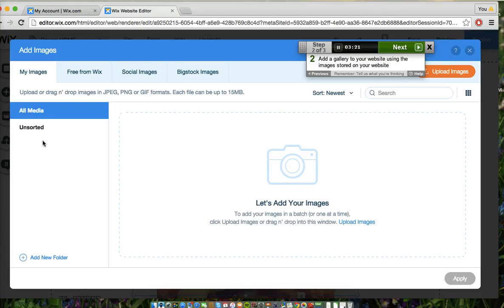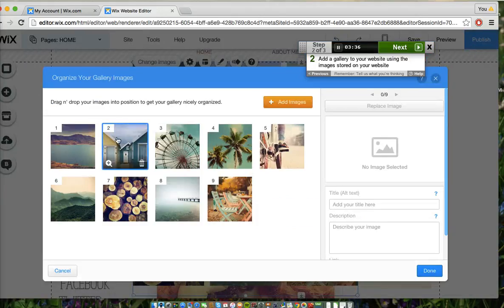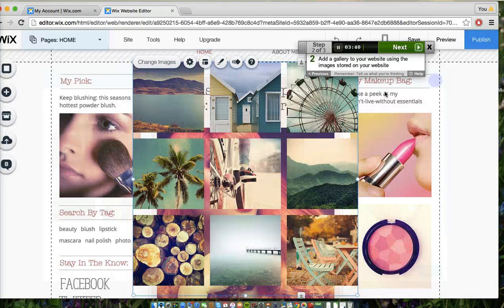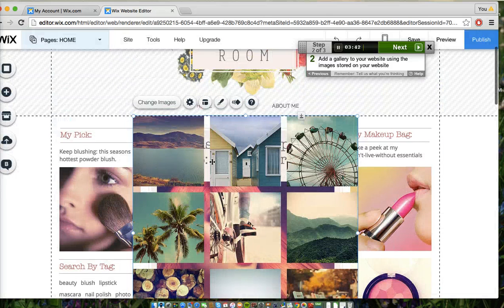So I would assume this is where my photos that are already stored on my website are going to be. You know what? Unless the instructions are just talking about these images, since they're technically the ones that are already stored. Okay, so in which case,